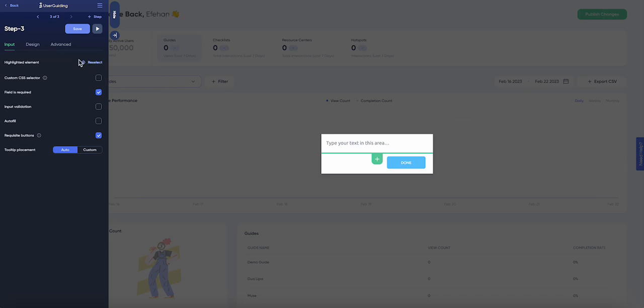As you can see, there are some different settings here. So you can set a field as required, so users need to have some sort of input to move to the next step, or you can just remove this setting. You can validate the type of input by 3 different types like zip code, email, phone number, or you can autofill to have